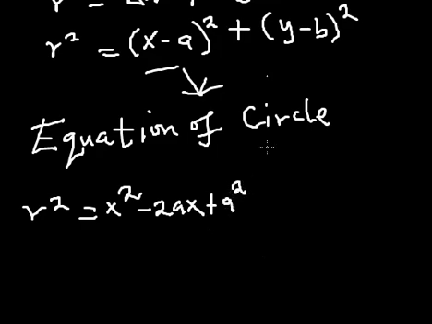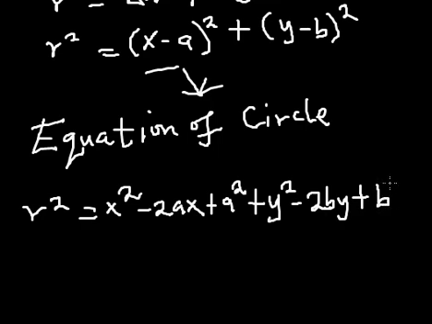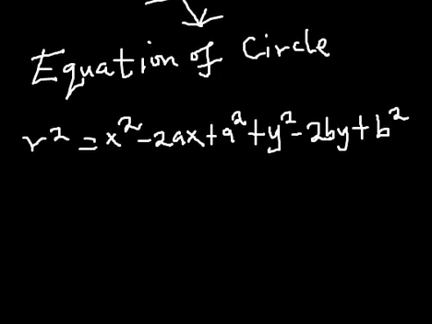I've expanded that. I'll now do the same to this. That's going to be plus y square, then minus 2by, then plus b square. So r square is going to be equal to,